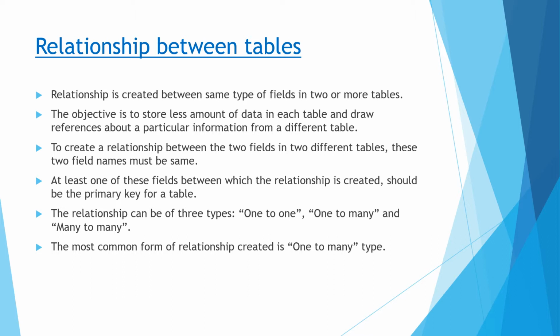I hope you remember that I took the example of which customer has bought which item from our store. For knowing that, we needed to refer to the names of the customer table and the names of the items table. To show which customer has bought which item, we did not show these names in the transaction table. We just wrote the numbers there, the primary keys, the unique identification numbers, as our foreign keys. Now if I want to know through their names what Mr. A bought, like Mr. A has bought rice,